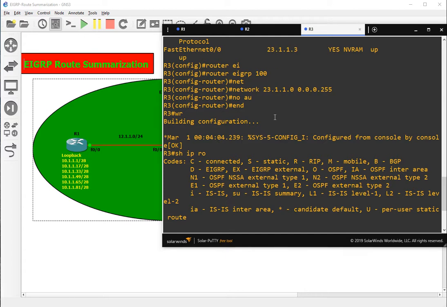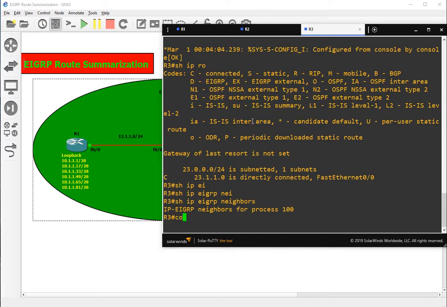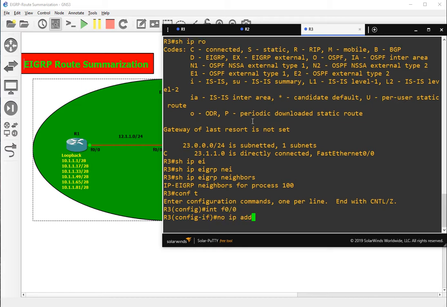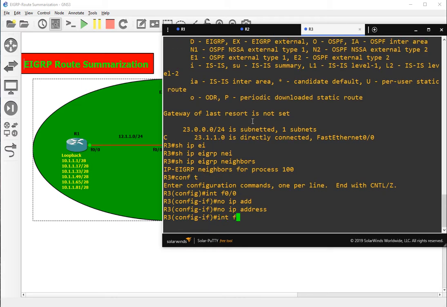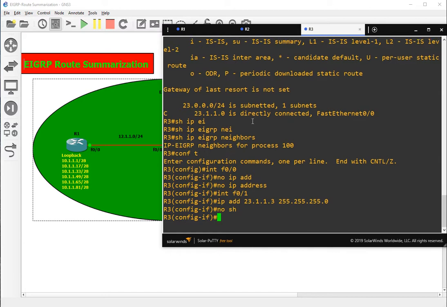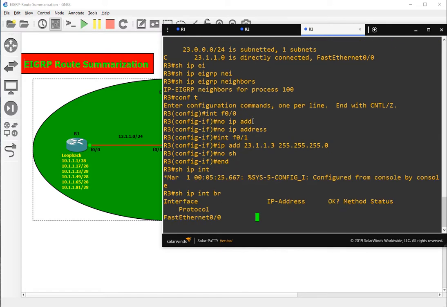Okay, that is wrong. So we were supposed to give the IP address to F0/1. Config T, interface F0/0, no IP address. Interface F0/1, IP address 23.1.1.3, 255.255.255.0. No shut, and show IP int brief.